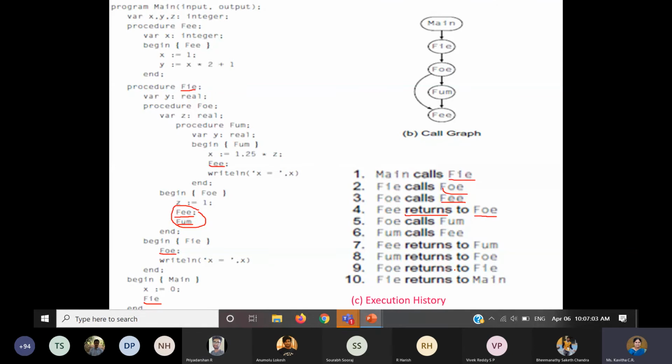One of the representations that can be used to maintain the calling sequence is the call graph. And the history also you can see like this. The returning is also important, at what point it returns, because that decides whether you have to continue storing those values in your stack or heap. Whether it is active or not is decided based on whether you are still executing or you have exited from the function. So that is important. Like this it can work.